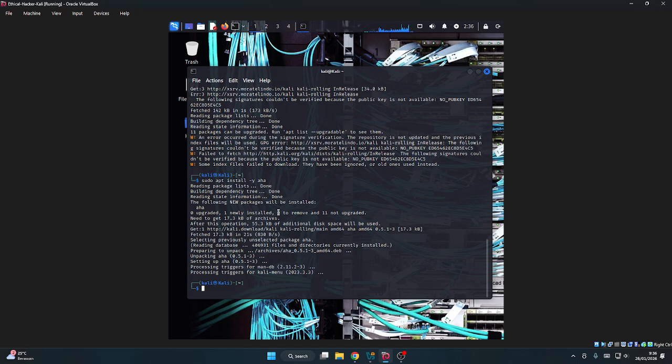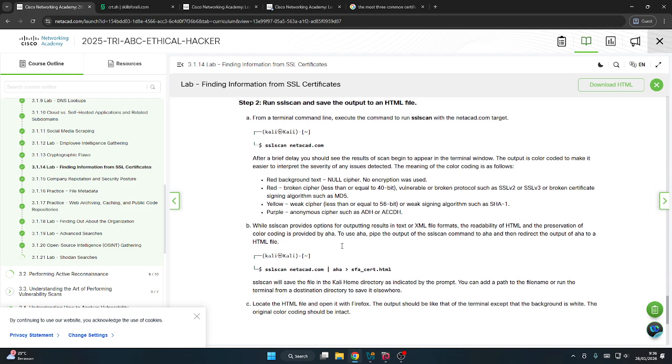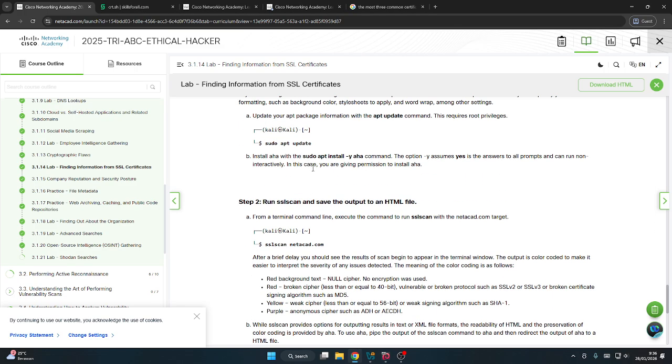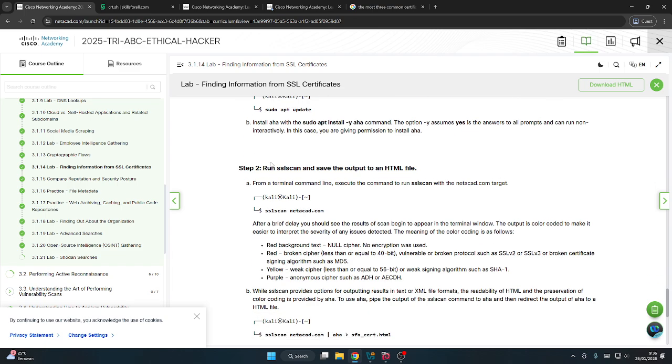So it's finished and we can go back. After that, run SSL scan and save the output to an HTML file. We can try to use SSL scan on Netacat.